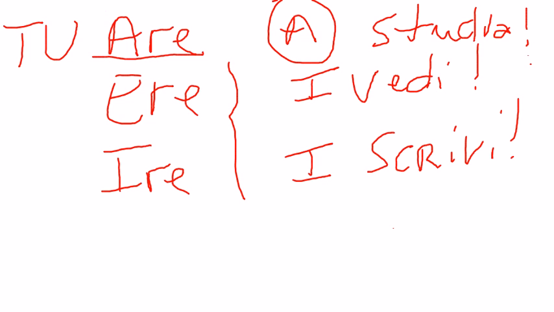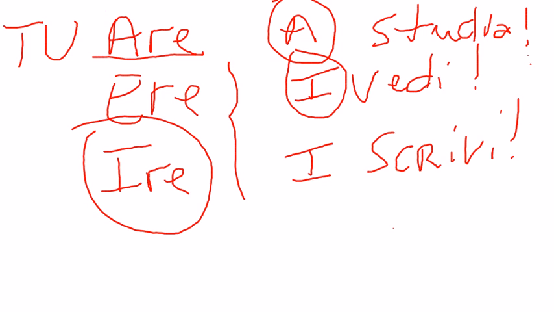Parla. But if I want to use an ERE verb, for example, I want you to read, I would tell you, Joseph, leggi. If I want you to sleep, and I want you to use the verb dormire, I would say, John, dormi, and so on and so forth. That is good for the positive commands. What is the tu negative command? This is actually the easiest one, but it's still a rule.